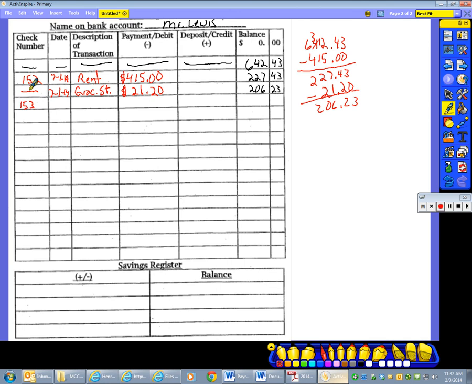Now you're probably wondering, why didn't we have a check number here? Well, when you use your debit card, it's almost like a credit card. There is no check number. You're not writing a check, even though it does come out of your checking account. All right, so now we wrote this on the 5th,